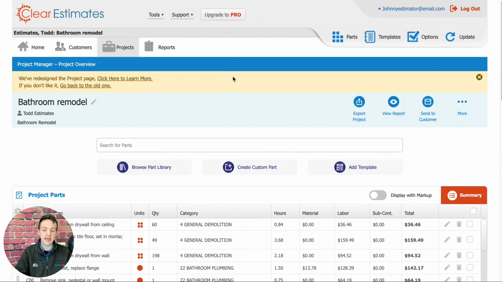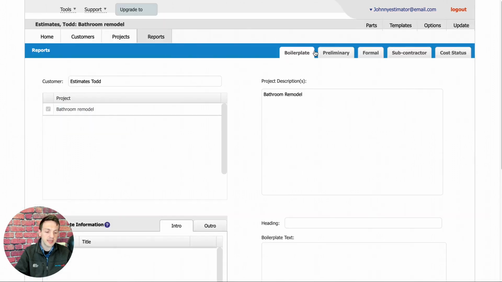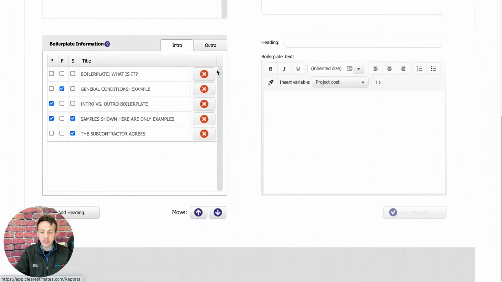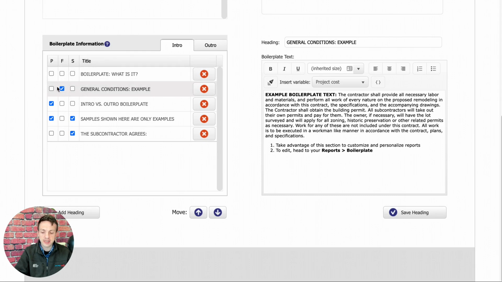So if we wanted to adjust that legal language, all we need to do is click into reports. And that's going to take us to the boilerplate tool. So this is where we can set up things like that contract language. So down here, I'm seeing different example headings for boilerplate in my account. And we can see that this general conditions example is checked in the F column. So what these columns are is P, F, and S, and that stands for preliminary, formal, and subcontractor. And these checkboxes are how you tell Clear Estimates where these different boilerplates will appear. So you can see F is checked for my general conditions, and this is what we were seeing on that